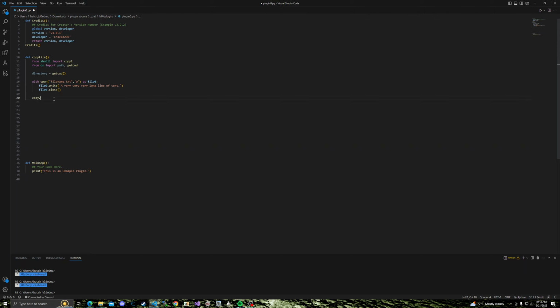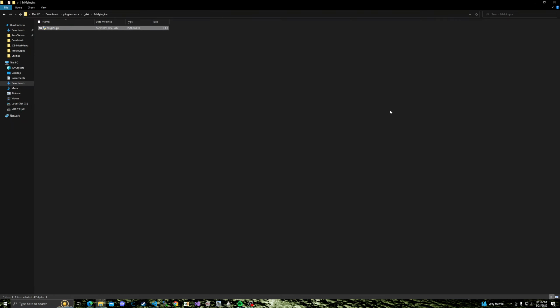So now we can go ahead and we can use the copy to module right here from shuttle, and we're gonna copy to parentheses our file name dot txt. We're gonna copy this to the, what folder are we in again? We're in this folder right here. So this is the get in or env. So we're just gonna